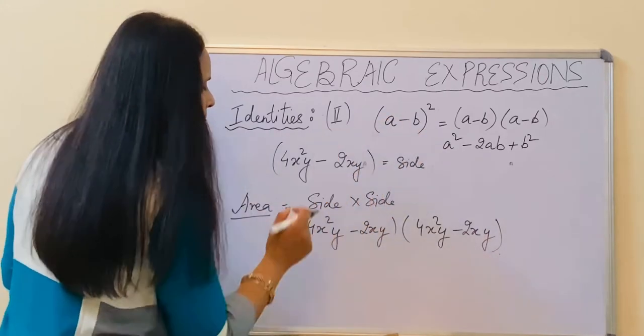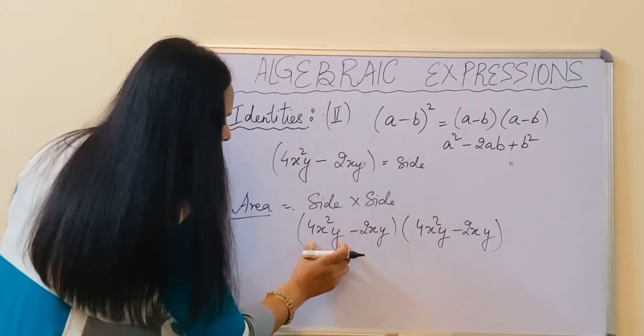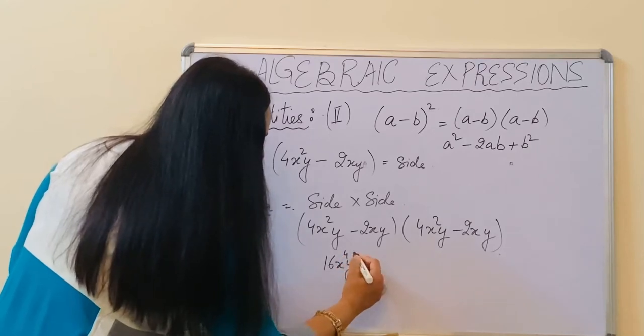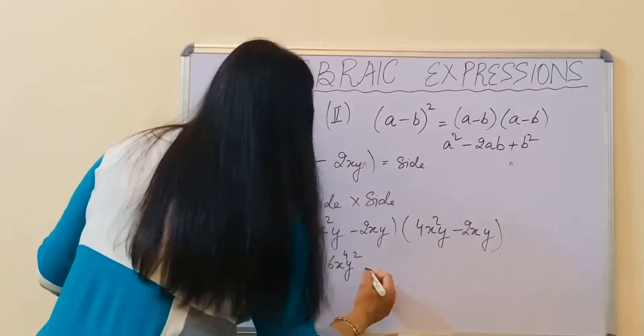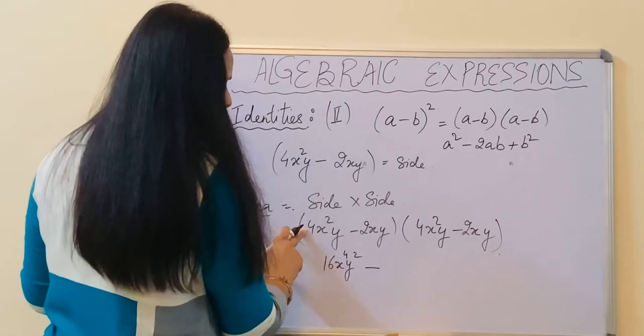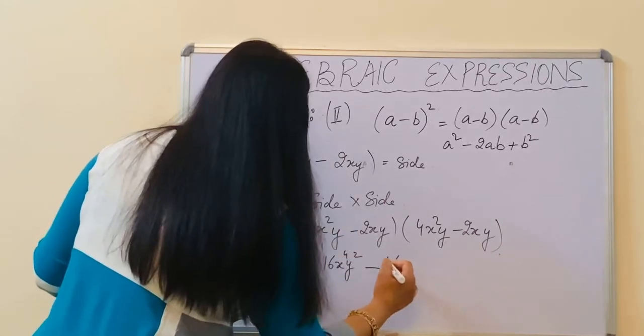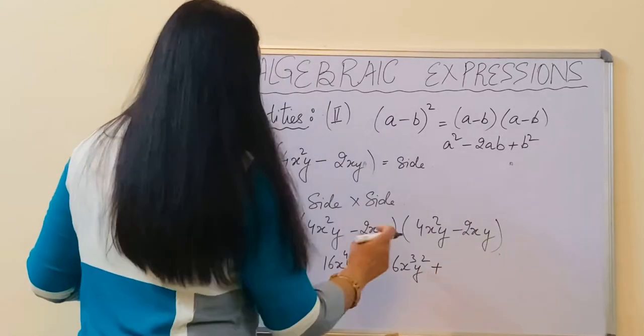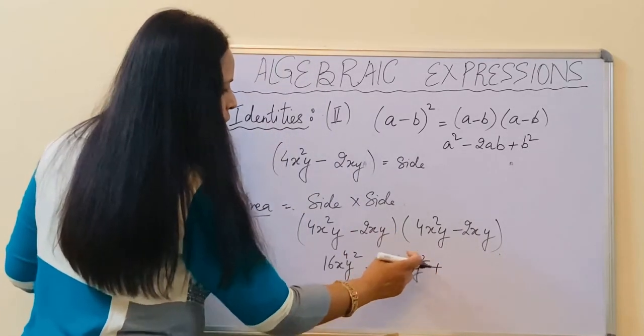So using the identity, we get 4x square y square, that is 4 4s are 16, x raised to the power 4, y raised to the power 2, minus 2 into 4, 8 2s are 16, x cube y square plus